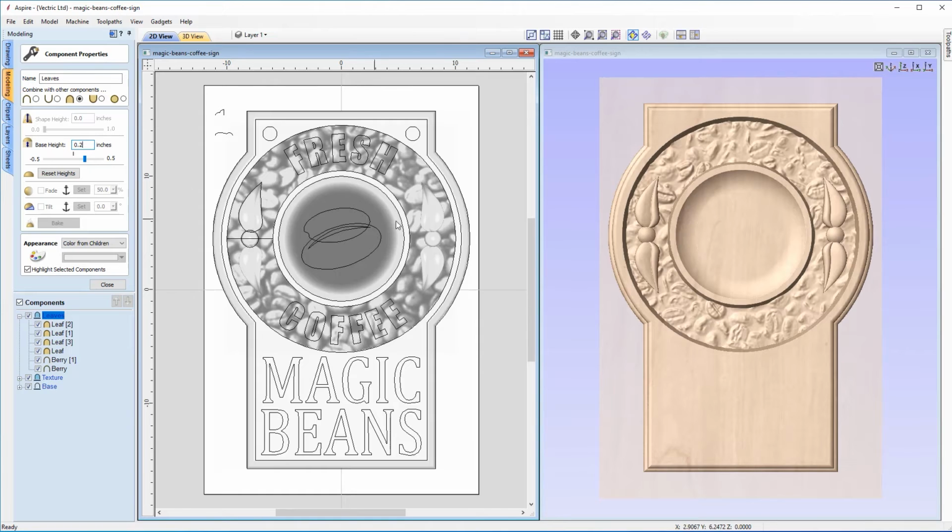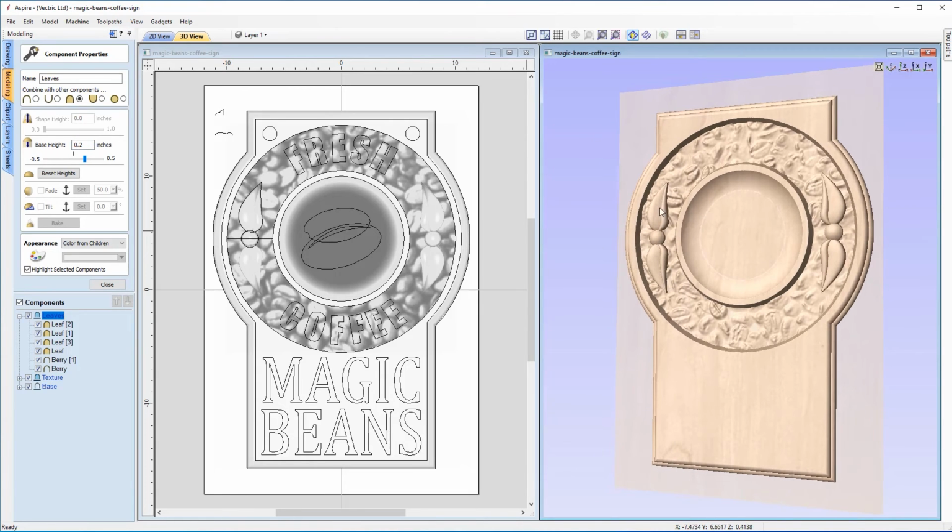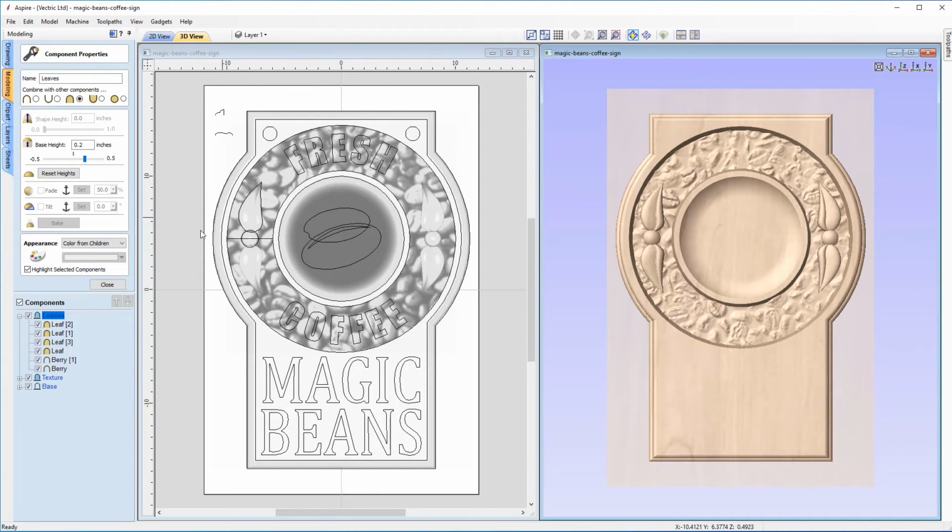And that's looking great. So we can see the entire leaf, they're sitting proud of the texture, but they're still sitting within this recessed area, so they're not exceeding the height of the border here. And we've achieved that just by increasing the base height of the level itself, which means that everything within this level is then built up on top of this 0.2 base height. Okay, so that's that area complete, so we can put the 3D view back in Z